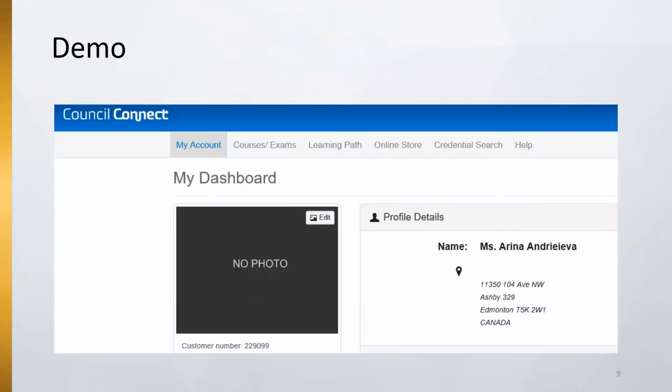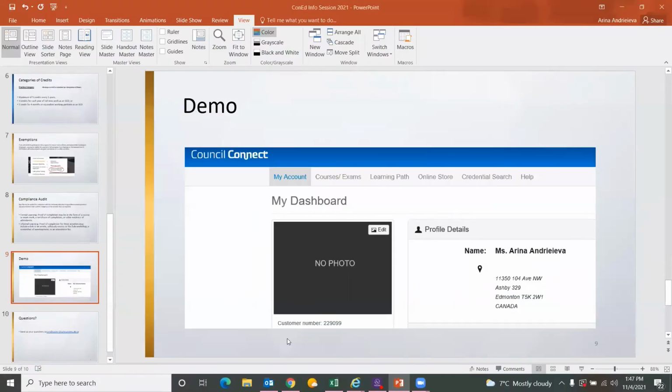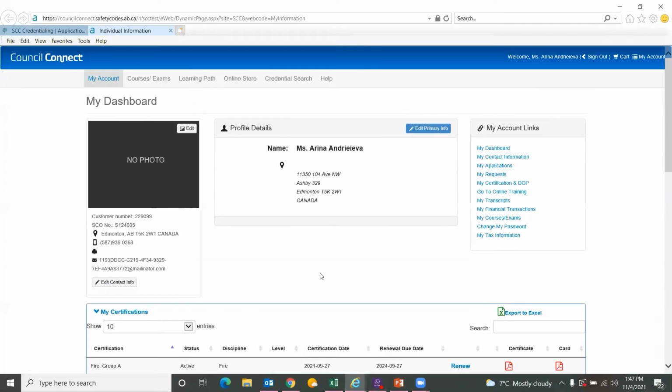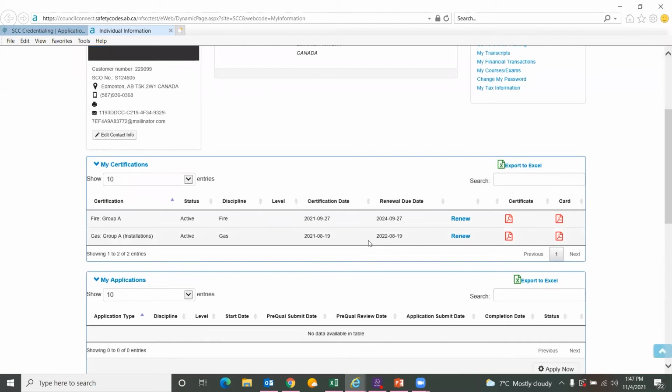Okay, I'm going to move on to the demo session now. I'm going to share Council Connect here. I'm sure at this point everybody should be familiar with this page and what Council Connect looks like. The continuing education section is a little bit hidden. It's not 100% intuitive, but as it is a part of your renewal process, you're actually looking to click on one of those buttons.